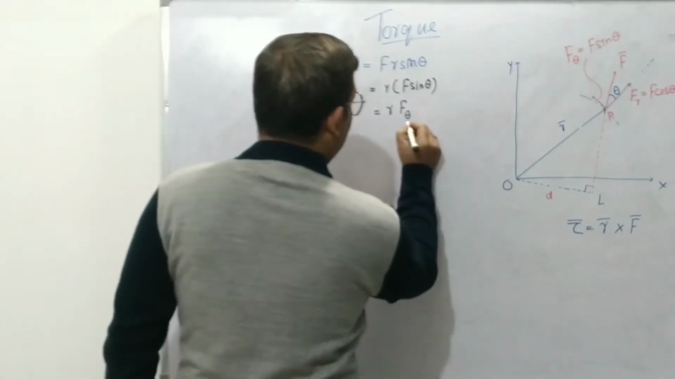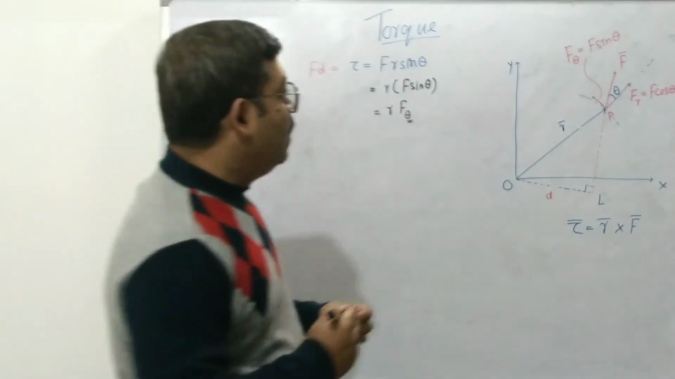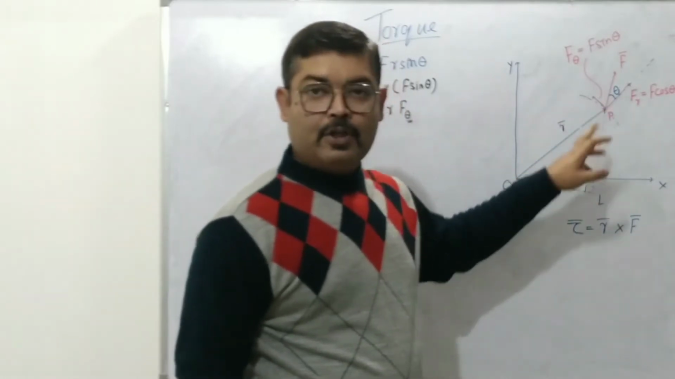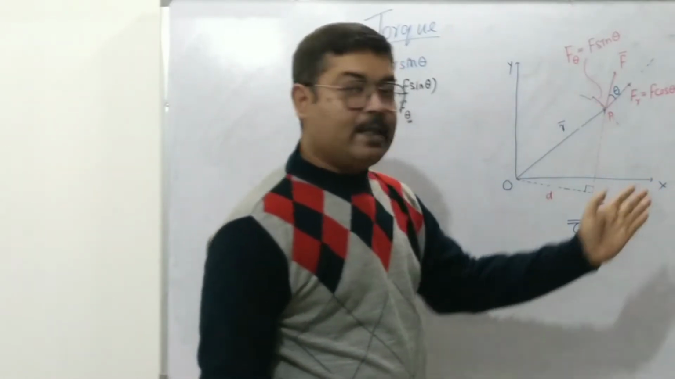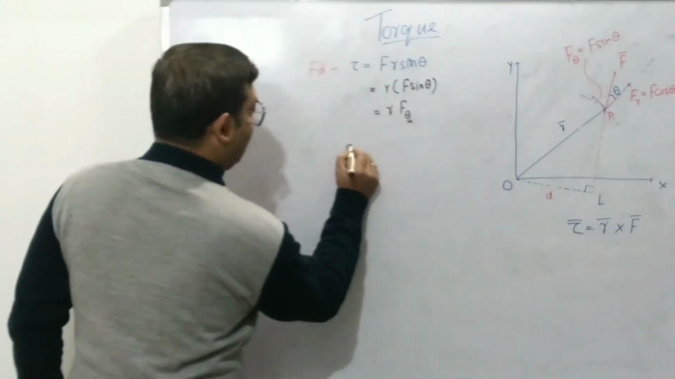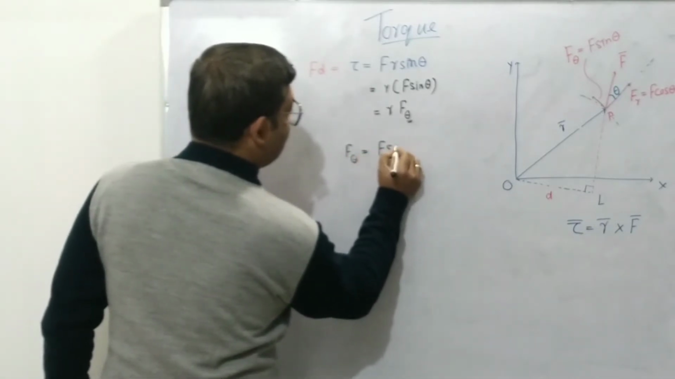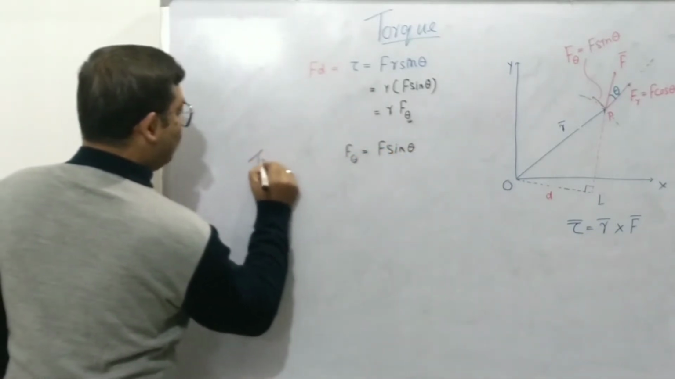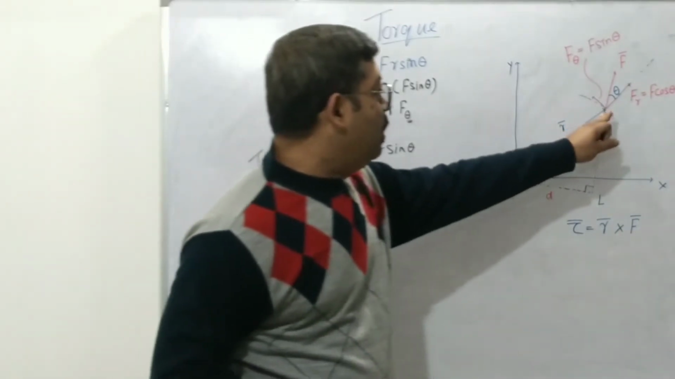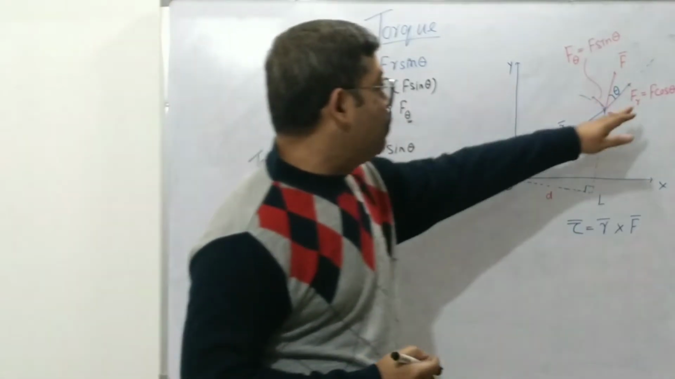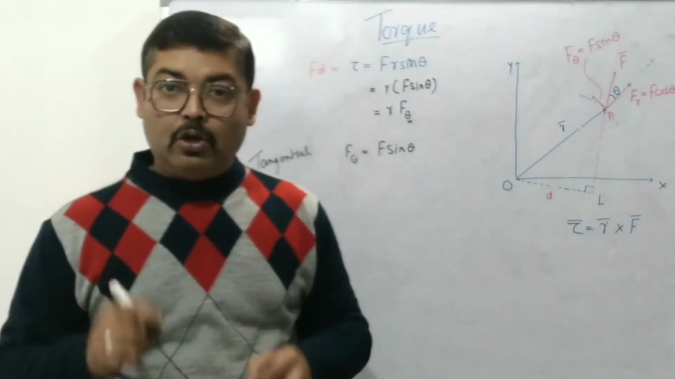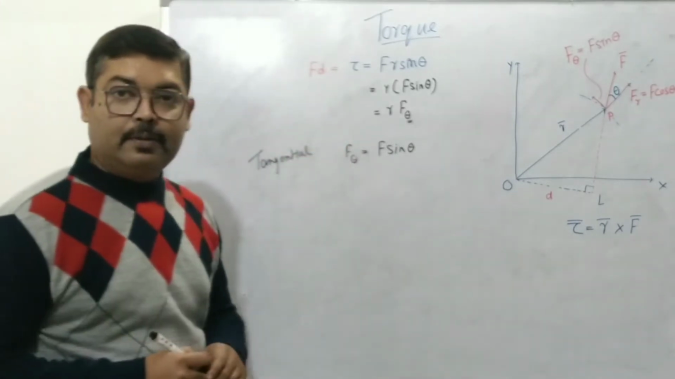right? What does it mean? It means that out of the net force F that is being applied at the point of application P, only the tangential component of the force, which is F theta equal to F sin theta, will contribute to the torque. The radial component, being along the radius vector and perpendicular to the direction of motion, will not contribute anyway to the torque. Okay,